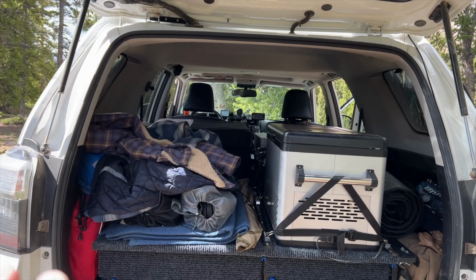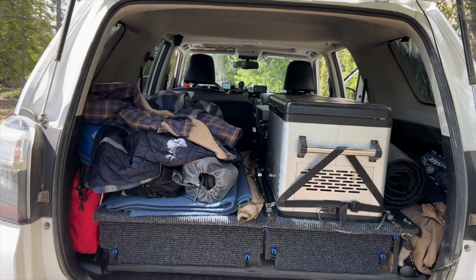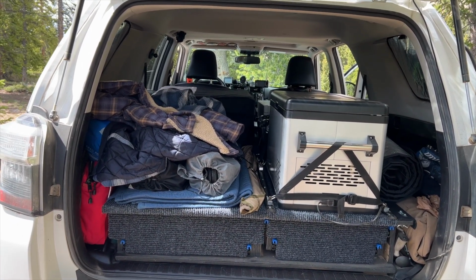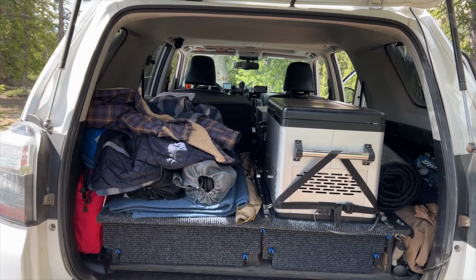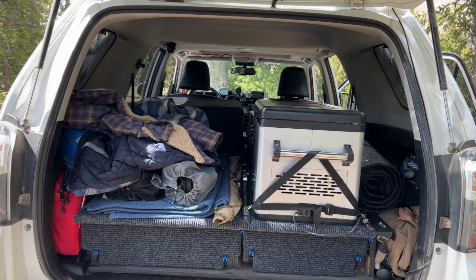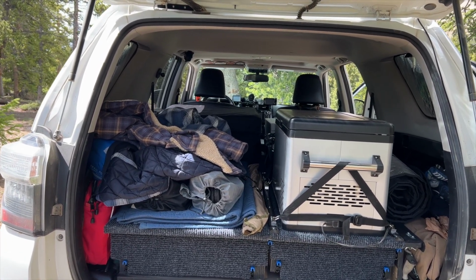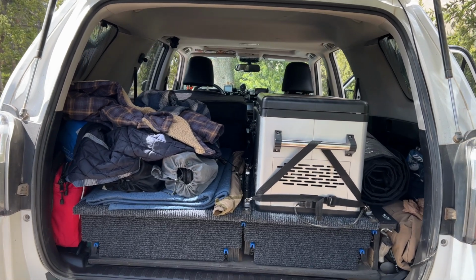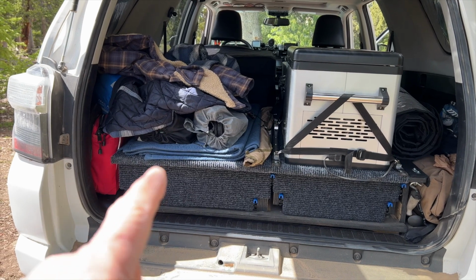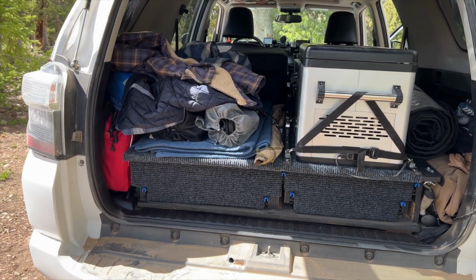In fact, I could probably leave my trifold mattress laid out and just put stuff on top of it. It'd be a little fuller in here, but I could put stuff on top of it if I needed to travel. If I was going to travel a little bit in non-dusty environments, I might just leave my mattress out. In that drawer, I keep some extra food, my little MyJoe coffee maker, and what else